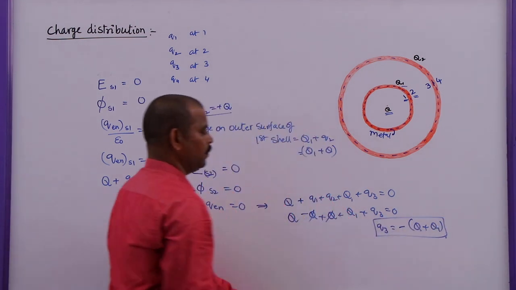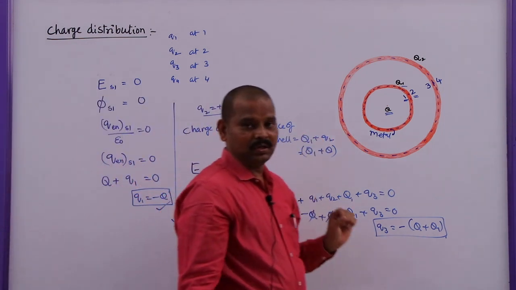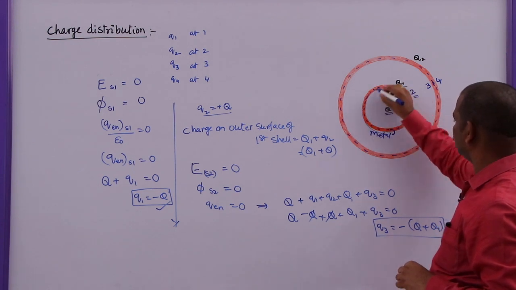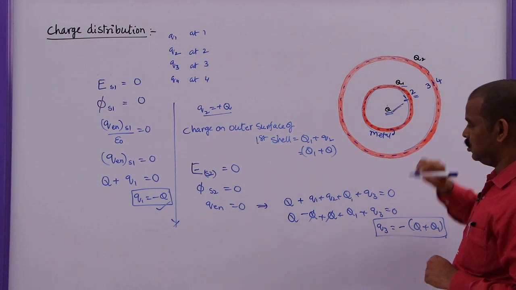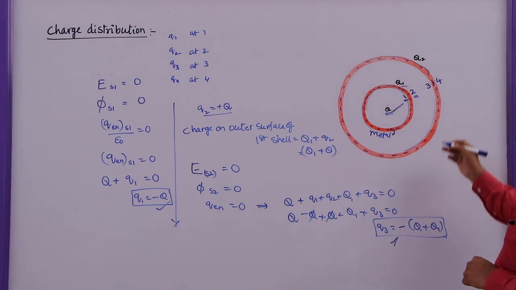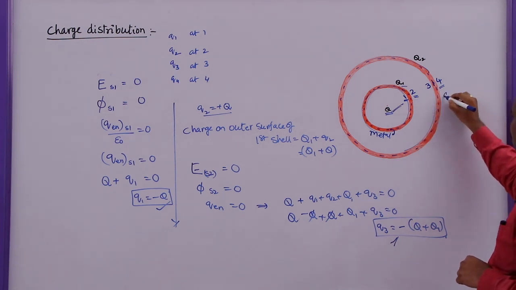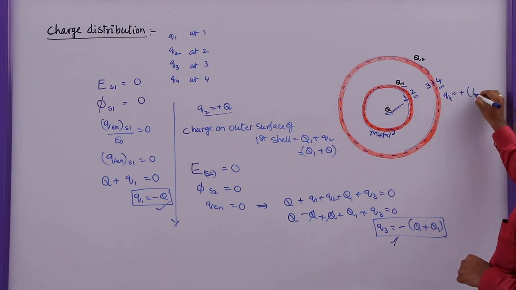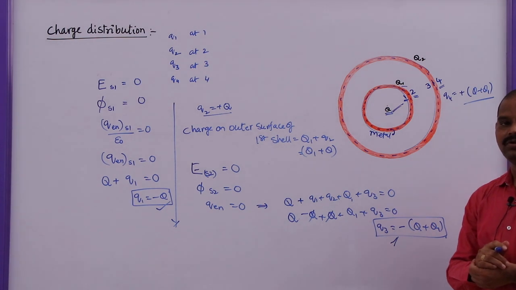So this is Q3. Now, this is the total charge. That means charge within the first volume through this volume is 0. Charge within this volume is also 0. So now I got the Q3 value. How to find Q4? The same amount of charge will be induced on the other side. So Q4 will be equal to, if it is negative, this will be plus Q plus Q1. So these are the charges that are induced on the Q1, 2, 3, 4 surfaces.